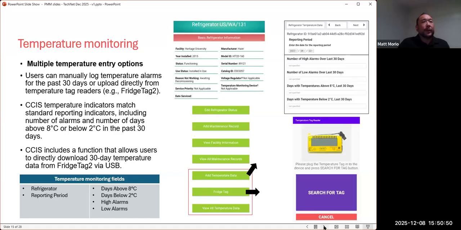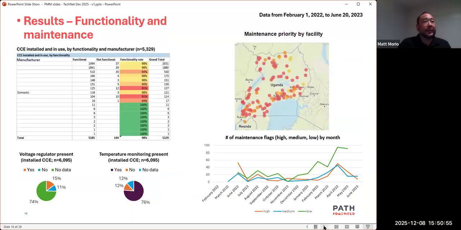This project was piloted and scaled in Uganda across all districts, and some of the outputs from that are being able to understand the functionality of the cold chain overall. On the left side, we blinded it by suppliers, but you can see the 98% uptime, which, as many of you know, is one of the metrics Gavi requests reporting on for the supply chain parameters. We can understand if the temperature monitoring devices are working, is the voltage regulator present, and then also again understanding where the maintenance activities are.